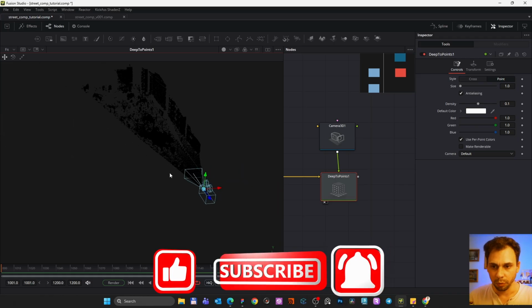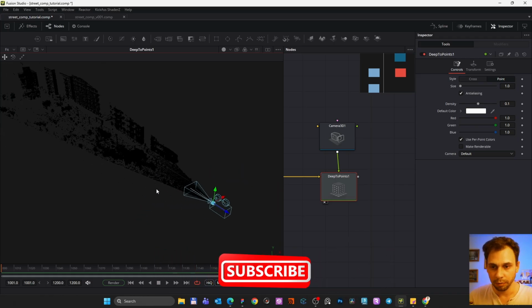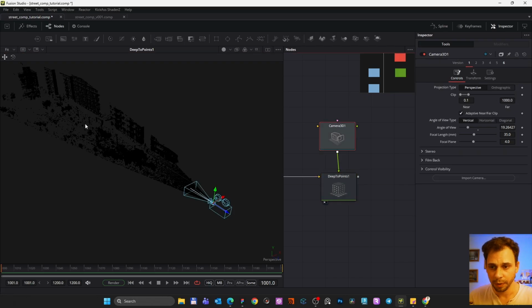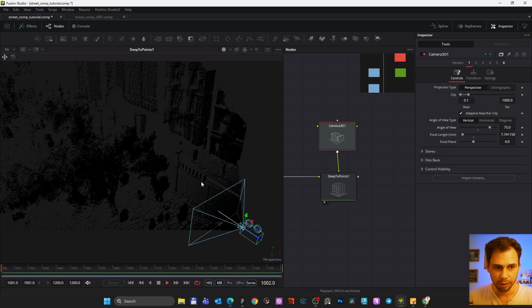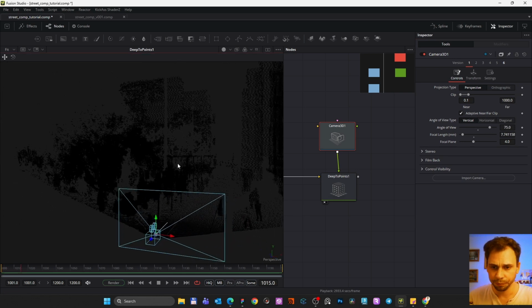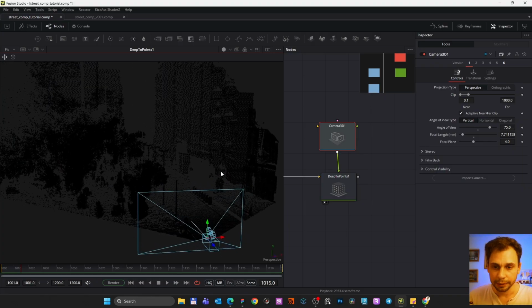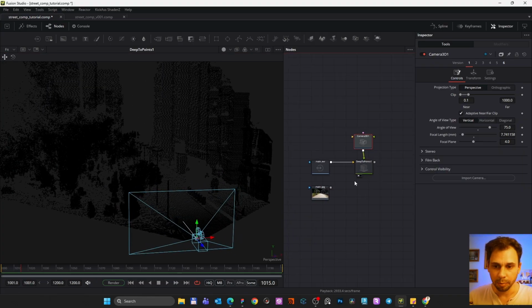Now it looks a bit more realistic. We can adjust how deep and how far from the camera these points are by just adjusting the angle of view. And as you can see, these points have no color yet, and I made it intentionally, because if you exclude RGB data from an EXR with deep data, the file size will be smaller,